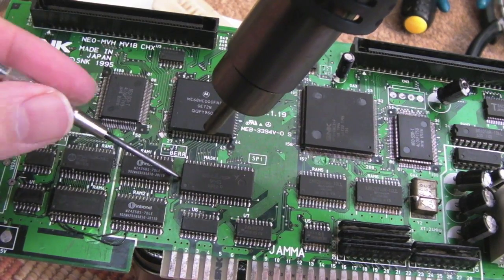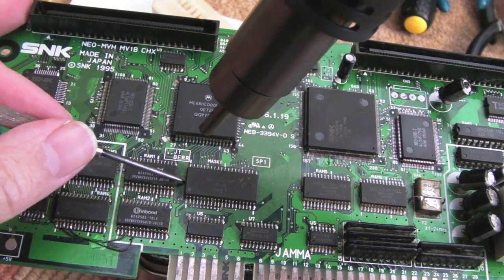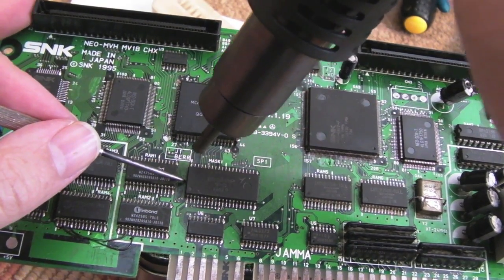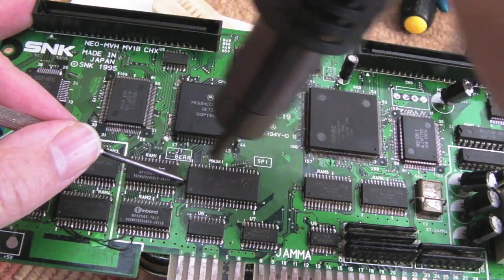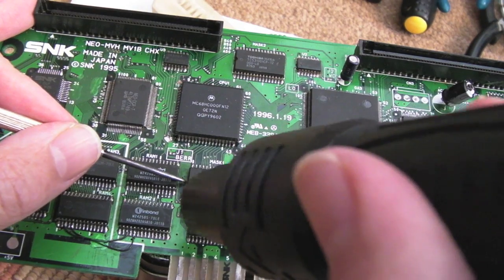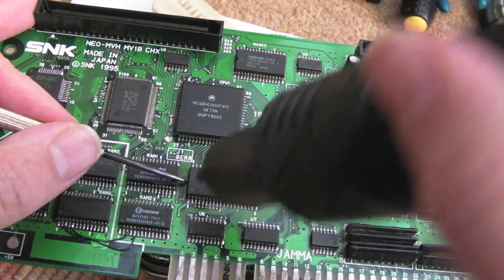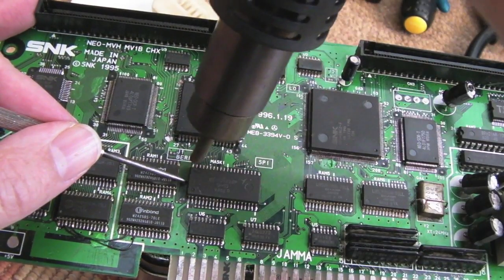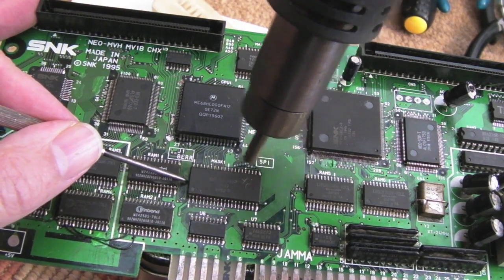So I've got my station incidentally set to about 450 at the moment. Now, some people might think that's too hot, but I found it's just right for these MVS boards. You don't need a long time, a minute or two on each side, just keep alternating sides. But in general, you'll spend about 3 or 4 minutes in total. But it's going to vary. I'm using an Atten